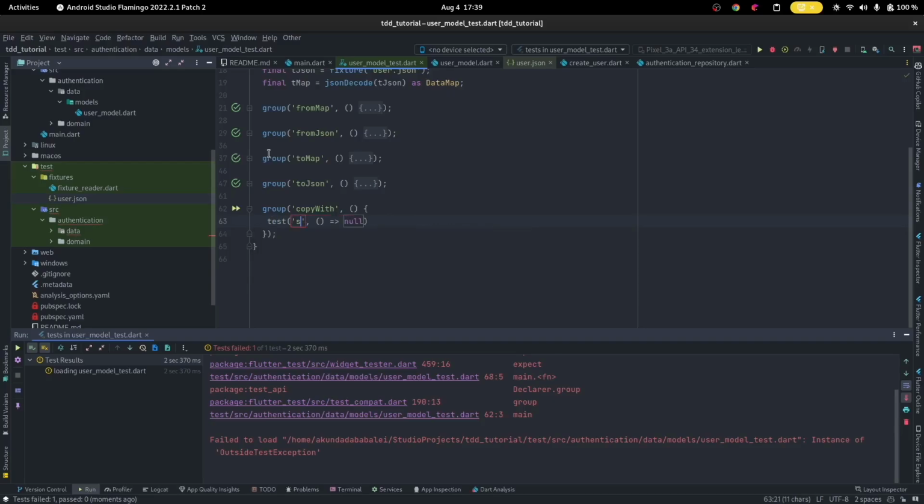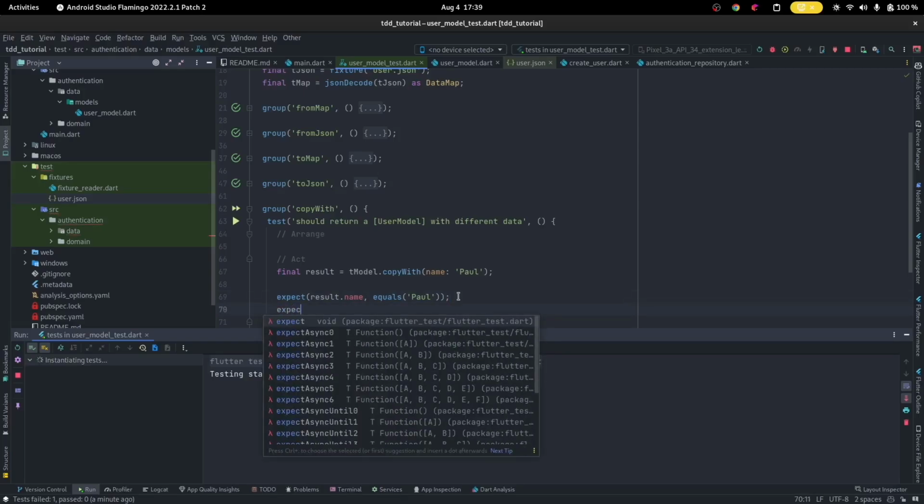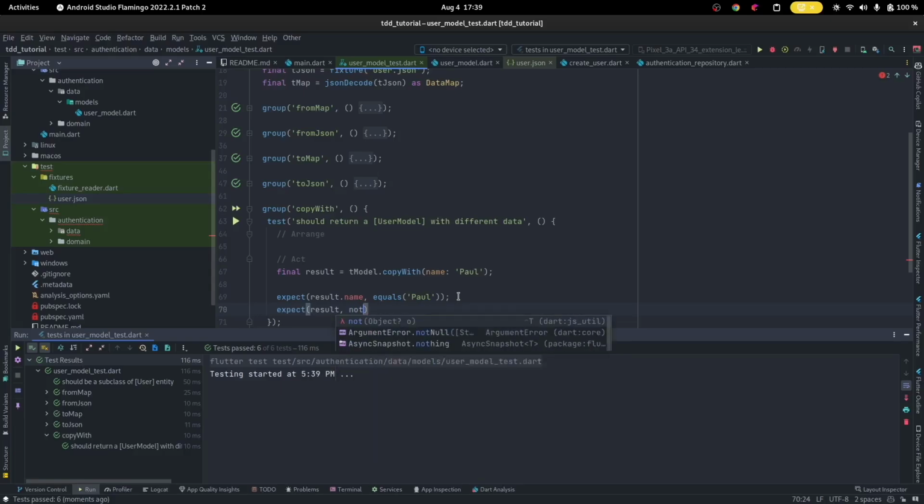Test should return a user model with different data. I'm going to paste that. We're going to expect that's the case. And then finally, we're also going to expect that the results are not equal to. Alright, do you know what? Let's expect that the result